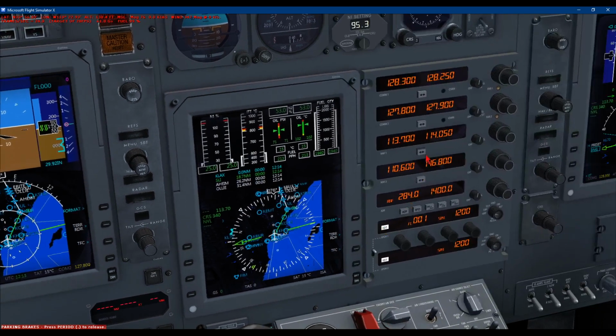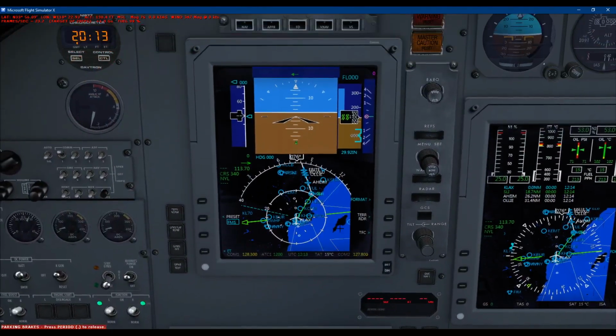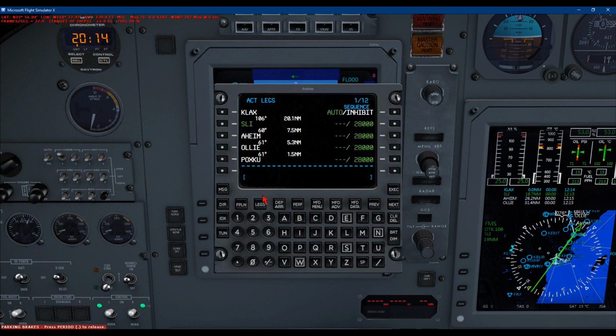13.7 is what you have here. So we'll leave it on FMS. That's what we want to fly. And you'll see here you have some waypoints and airports and circles, and it's a little cluttered, so we'll pull up the FMS again and we'll go to the MFD menu,